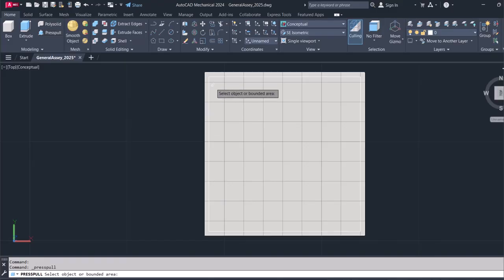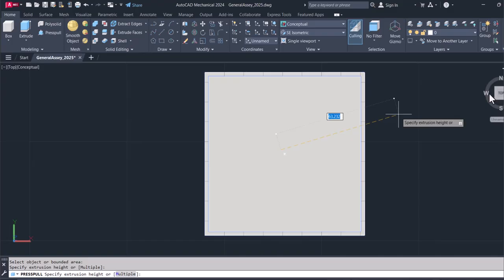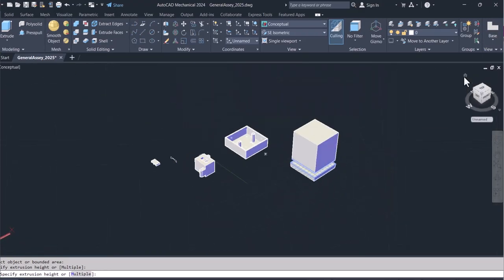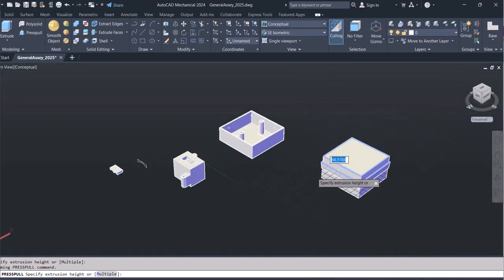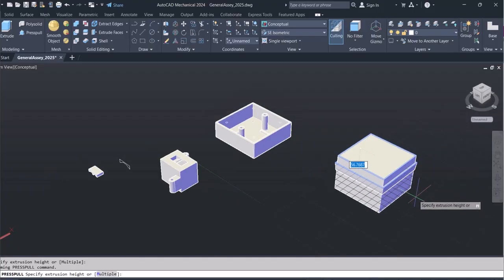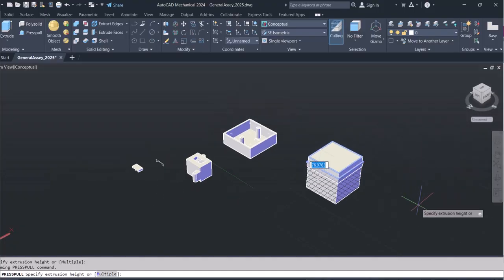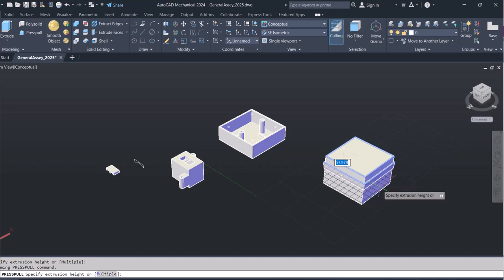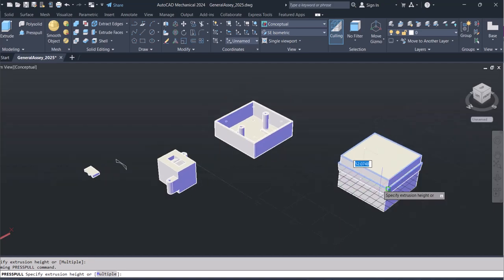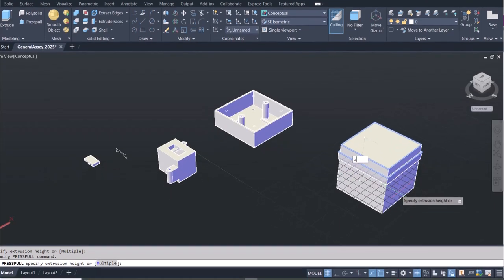So I'm just going to press pull this one downwards through the height that I've calculated, which is 22,